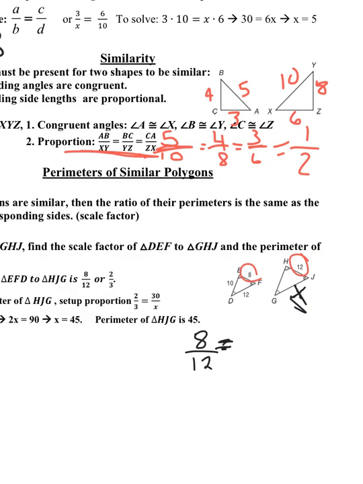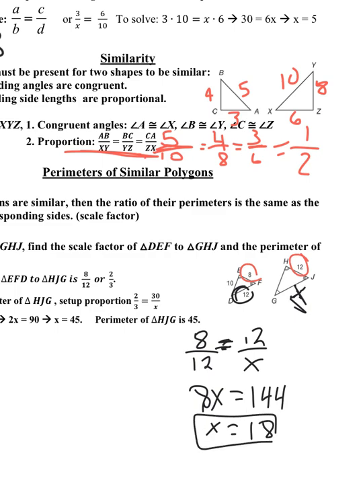And X matches with 12. So I'm going to put 12 over X. And then you solve it like we did yesterday with the cross multiplication. 8 times X, 8X. 12 times 12, 144. 144 divided by 8 is, that goes at once, 18. Okay, and that's all you do. It's pretty simple. You'll see problems in a second that have X plus 1, X minus 3 instead of just X, but